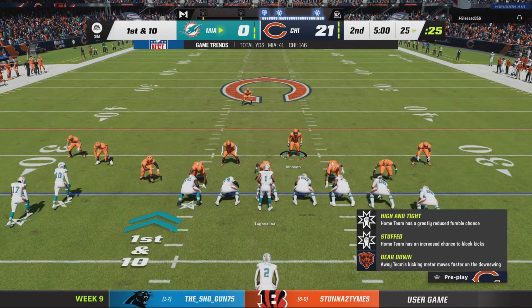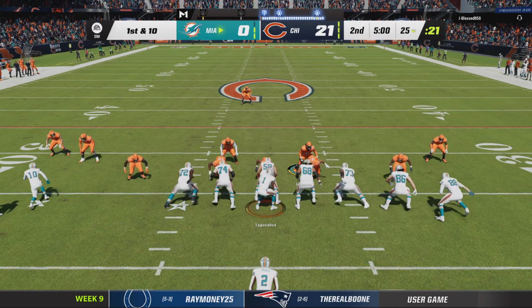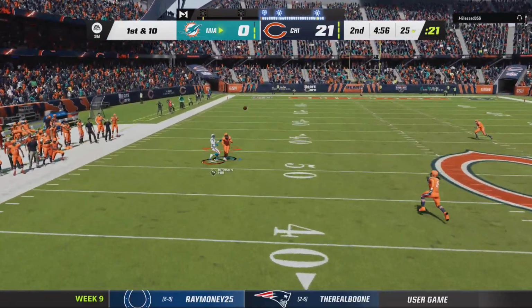The Dolphins at the line, ready for their next drive. Well, CD, you kind of feel like they're in a bit of a danger zone right here because now you're down 3 scores, and I know we're in the first half, but the way this...